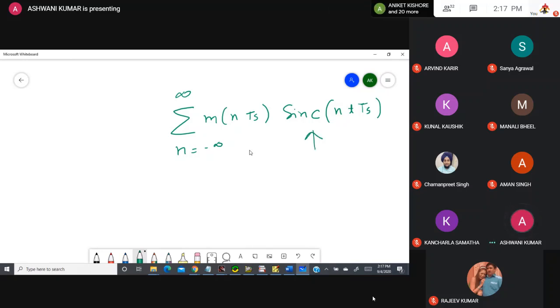So what is giving here? You can see this is a sinc function, and each sinc function varies from minus infinity to plus infinity. All of you know the sinc function, you can easily plot it. The sinc function is like this.